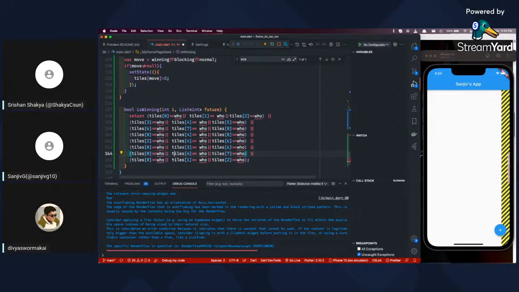So what is this who variable actually? I think it's being passed from this one, and the int is who, the player number, I guess. He uses 0 for nothing, 1 for X, and 2 for O, I think. 0, 4, 8, 2, 4, 6, yes, it is correct. I have checked 0, 3, 6. Visually verified.